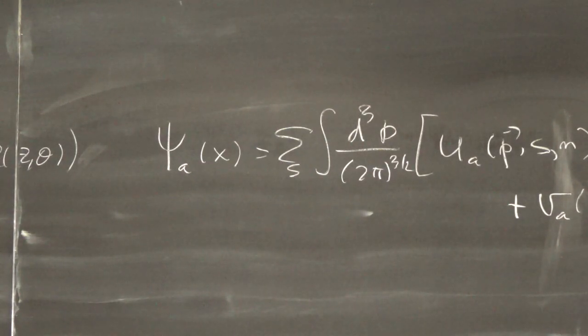Anyway, this is, for example, the annihilation operator for electrons. This is the creation operator for positrons. So, for example,